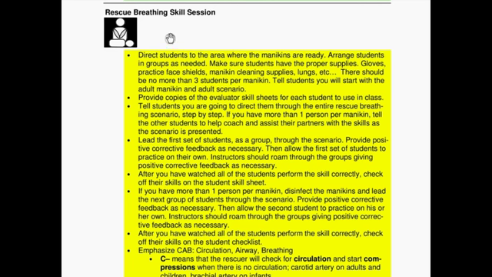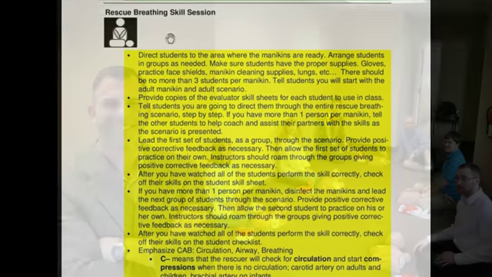As an instructor, you want to make sure to have all of your equipment set up ahead of time. Also, you want to make sure that you have the skill evaluator sheets so that the students can follow along and practice with each other and be able to accomplish the skills and then to be able to practice them